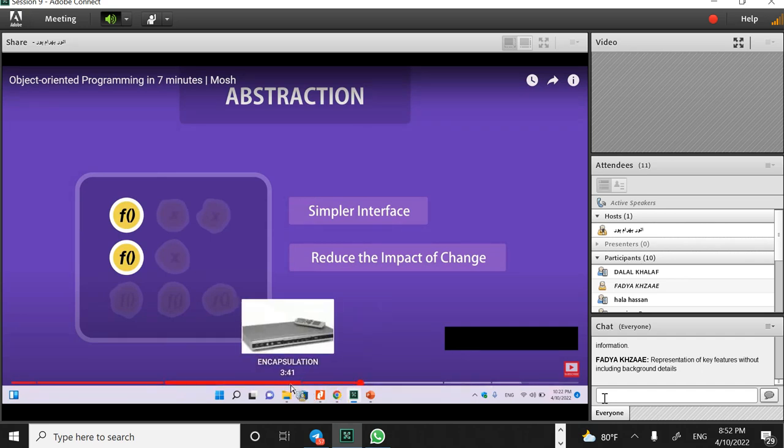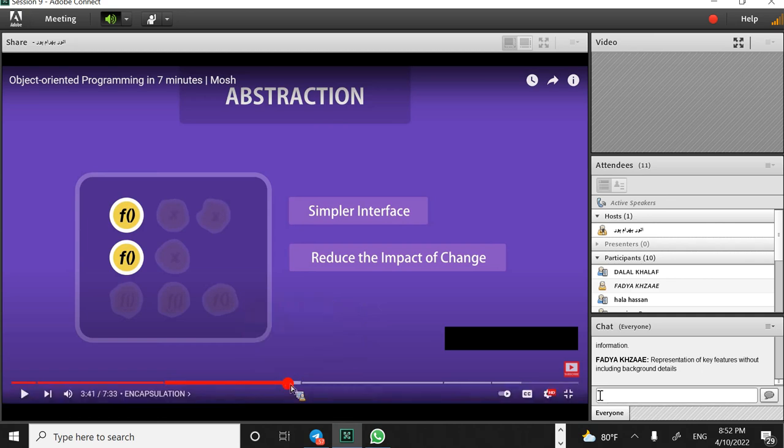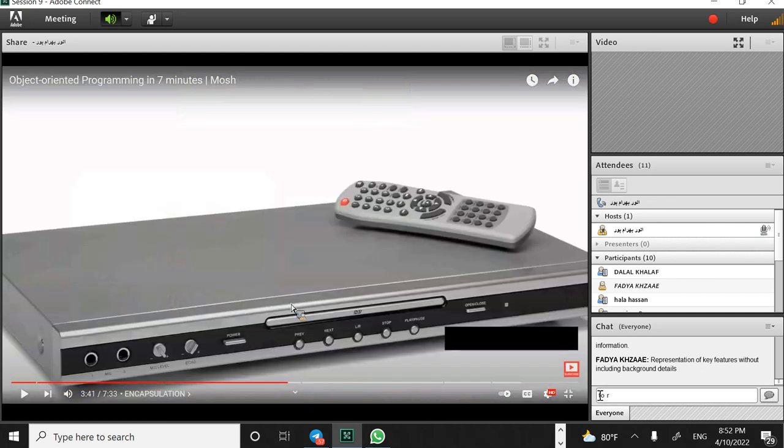Please suppose this video player could be produced by several producers. Each producer can have its own internal design for the video player. Okay, each producer of video players can have its own design, but the external view of this